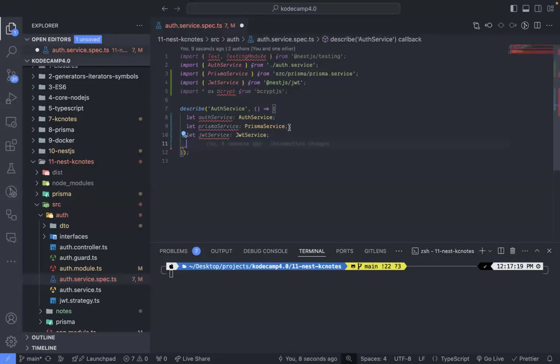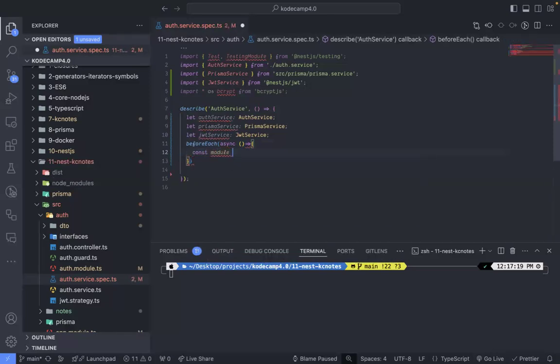we have a hook, a very important hook. We have to let our test know that before each test runs, we want this to happen. And what do we want to do before each test runs? We say we invoke this hook beforeEach. Then we pass in a callback, an async callback. Inside of this callback, we basically say, okay, say const module